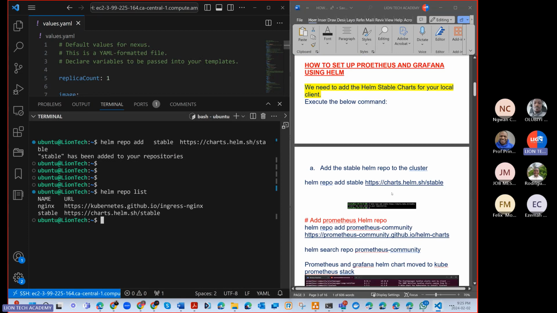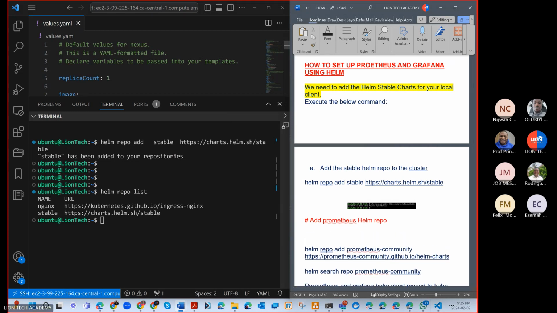Again, add the Prometheus Helm repo. And that is the command there. Oh, this is long, eh? Helm repo add is the problem. So helm repo add, it's called